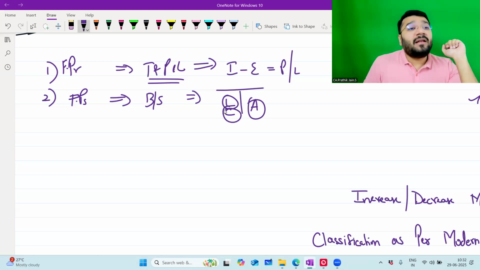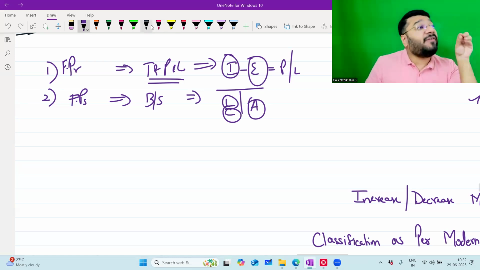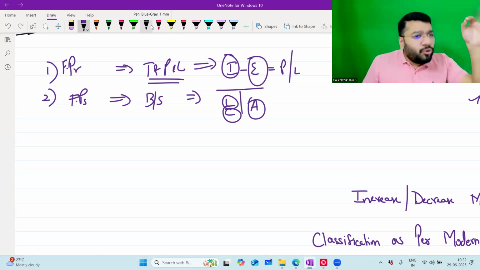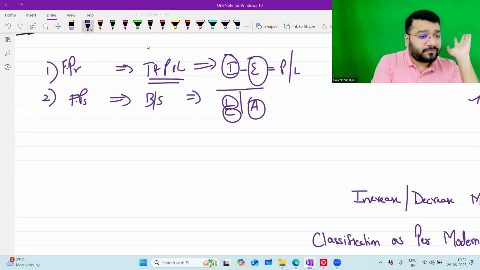In your P&L, what is the primary classification? Income is one classification and expense is another. You take any transaction, any account, and you will be in a position to categorize it into one of these five categories. How many categories? Five. Income category, expense category, asset category, capital category, liability category. You name any account, and you'll comfortably be able to classify it under these quadrants. I told you in the beginning also.